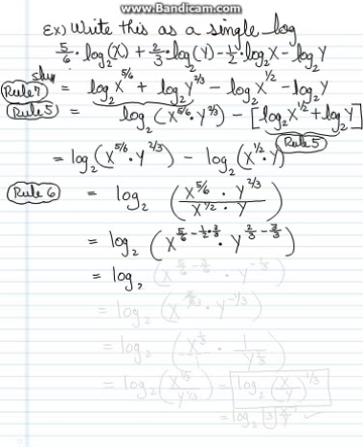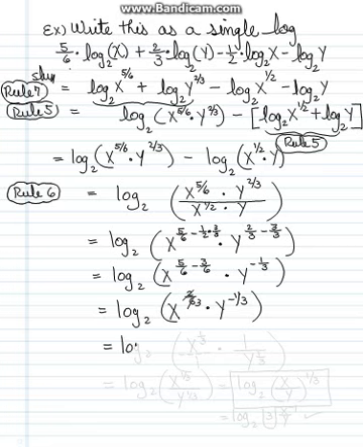So let's clean this up. Log base 2 of x raised to the 5/6 minus 3/6. That's what's happening there. Top times top over bottom times bottom. Times y to the negative 1/3, because 2/3 minus 3/3, you put the answer over the common denominator 3, but you do the operation across the top. 2 minus 3 is negative 1. So this is equal to log base 2 of the number x, 5 minus 3 is 2/6, times y to the negative 1/3. But 2/6 simplifies to 1/3. So what we really have here is log base 2